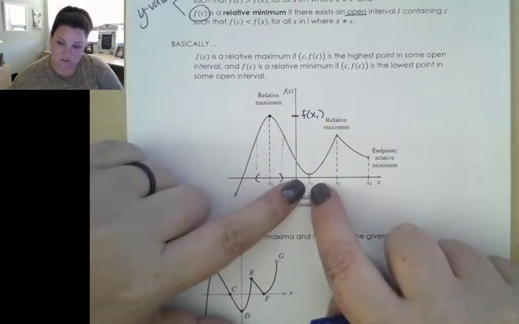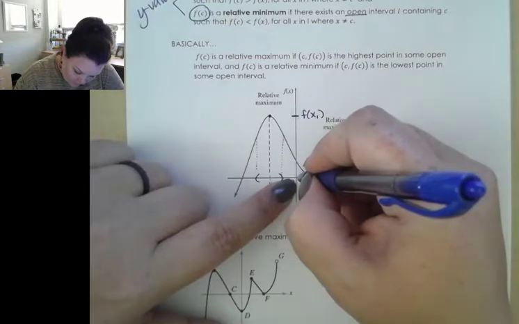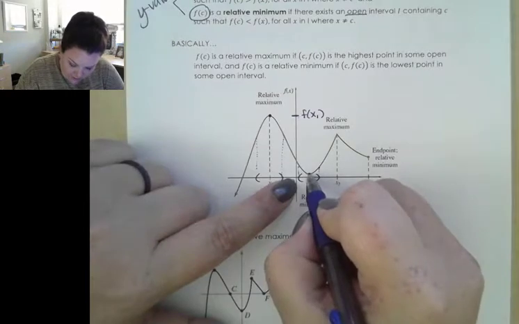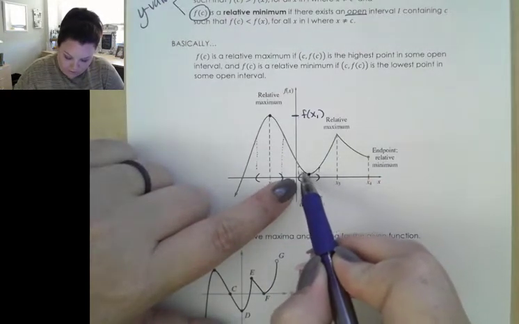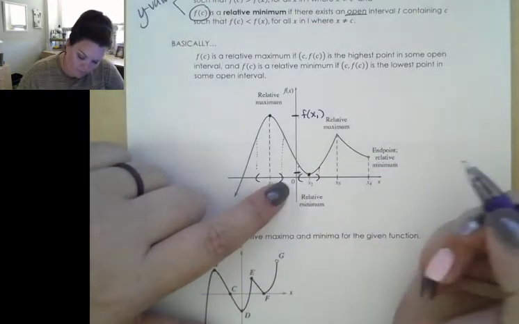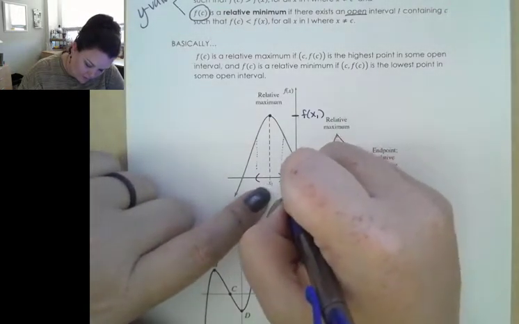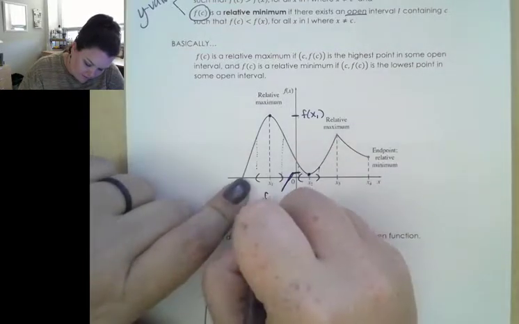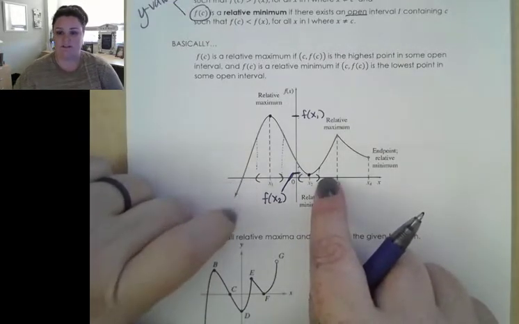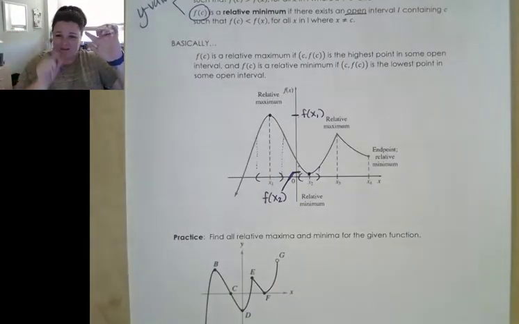Same thing with x sub 2, right? I could find an open interval around x sub 2, and if I look at what y values are included there, notice x sub 2 is the lowest y value of all the other y values associated with that interval, right? So this point right here would be the y value of x sub 2. I don't have much room in here, so I'm just going to do this. Let's call this f of x sub 2, that point. Okay, and it's lower than all the other y values. So I'm able to find an open interval that's defined for this function where that y value is the lowest,